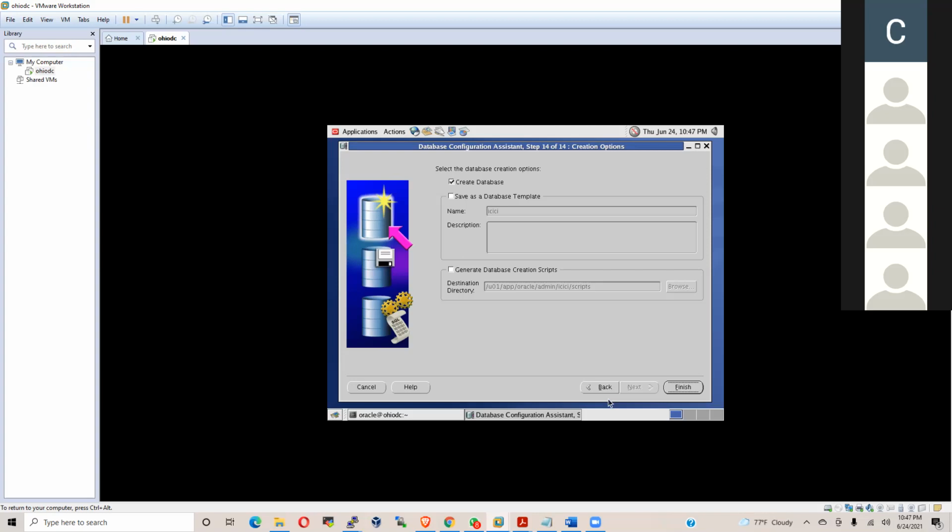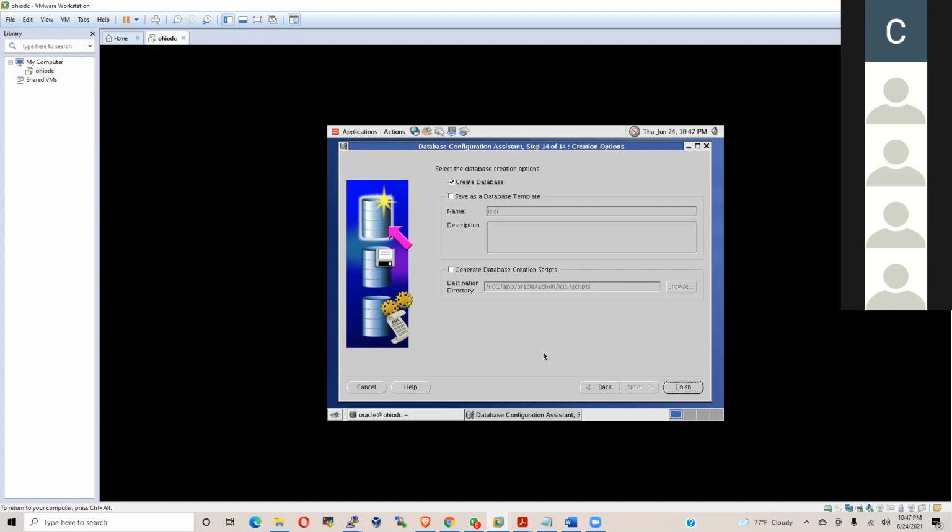You people will know only when you do it manually. When you do it manually, you will understand, okay, these are the data files, these are the log files, these are the control files. So CRD files is nothing but a database. That is why I teach the manual method.